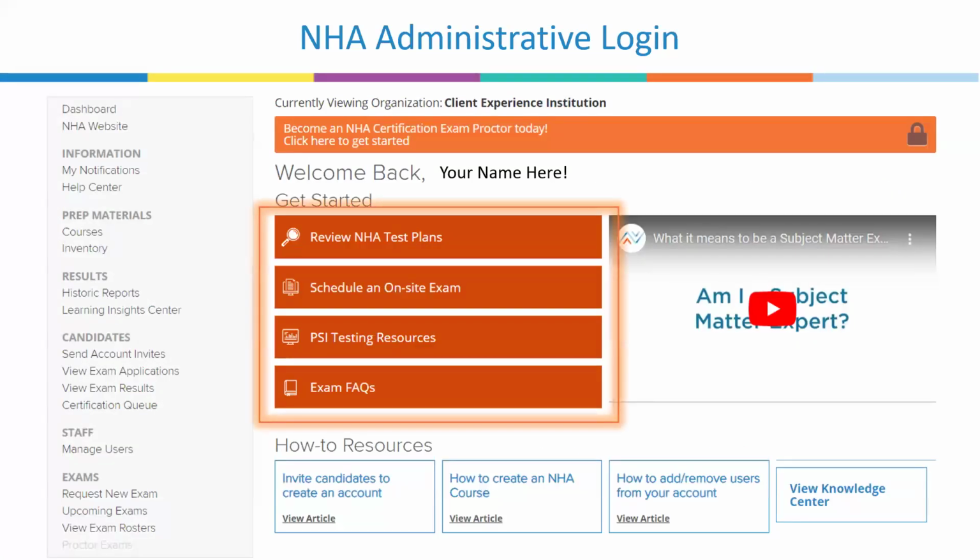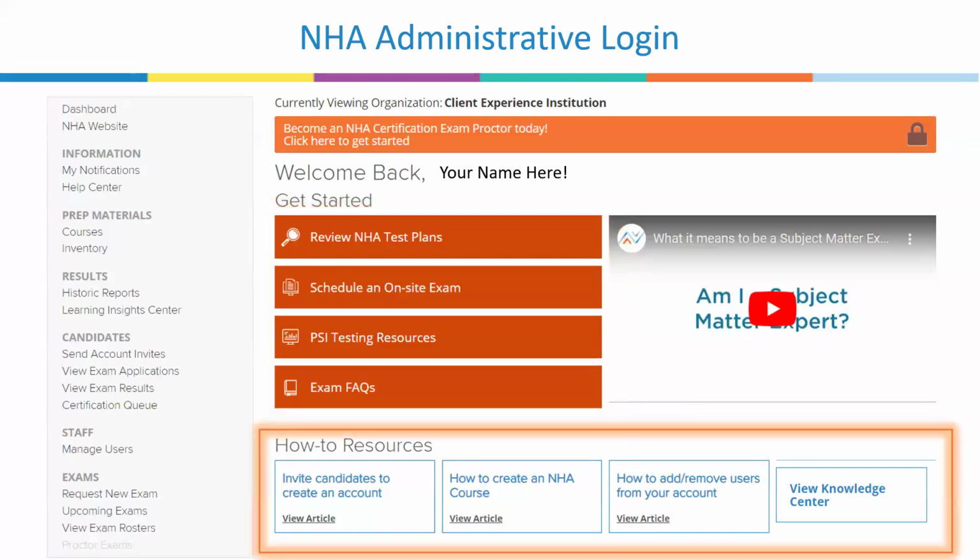Okay, so going back to the other resources to help with all of this in the Get Started area, these may rotate resources throughout the calendar year just to provide you access. They're just meant to provide you access to quick links around first steps and frequently asked questions, as well as resources on testing and implementing NHA's materials. So